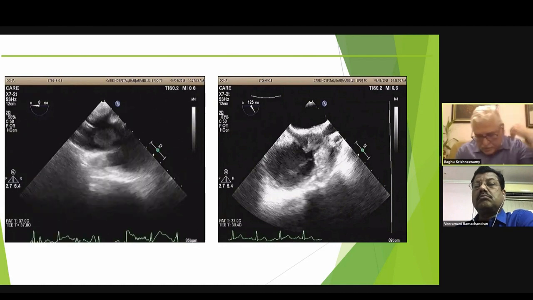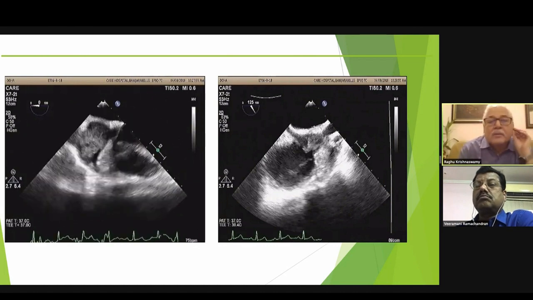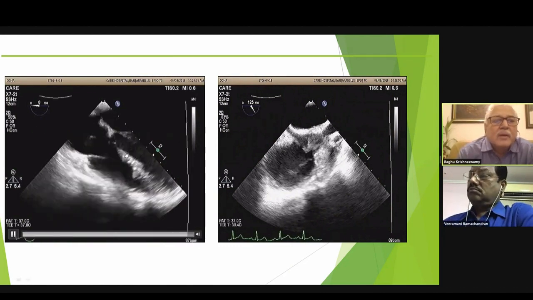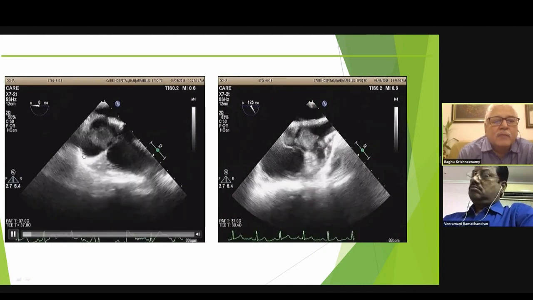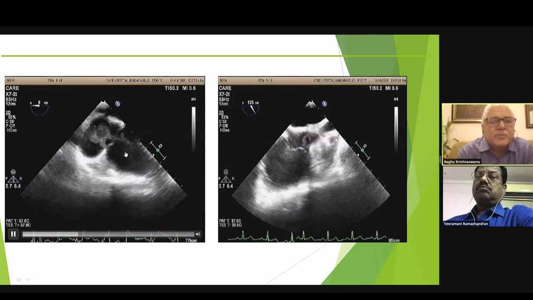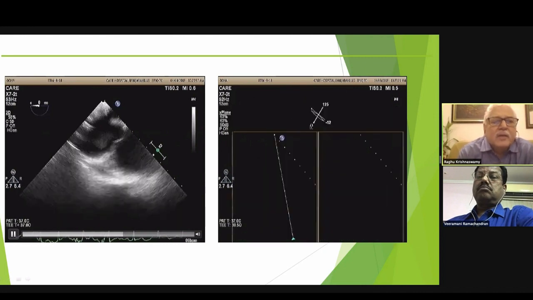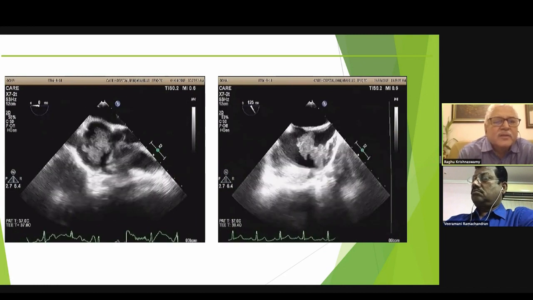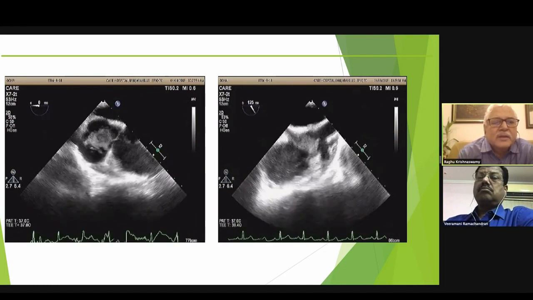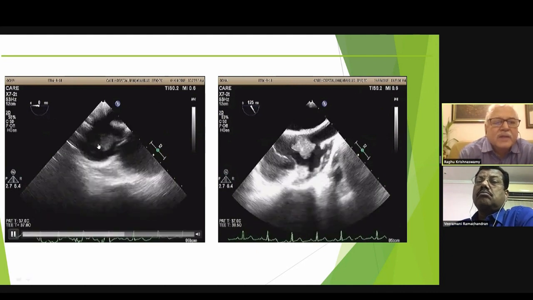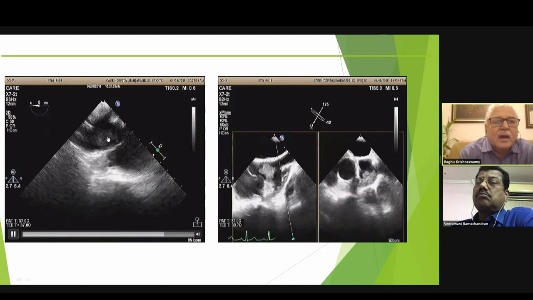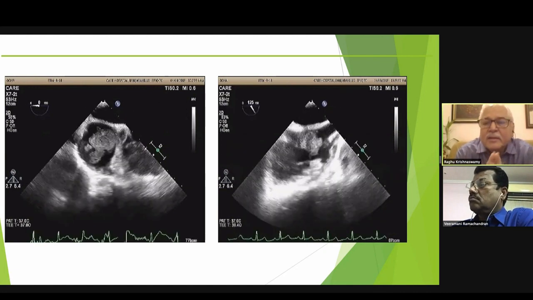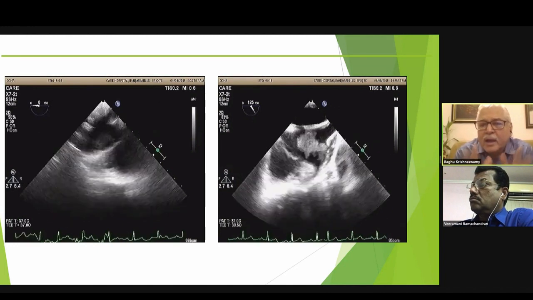Now, this was the transesophageal picture at the 0 degrees level. And you can see a large mass attached to the lateral wall and not collapsing out of the tricuspid valve. The important characteristic which I would like you to note, which is one of the things that echo helps in diagnosis, is that you notice here a central area of lucency. Now, this is what is called the central clearing. That is often very diagnostic of thrombi within the heart chamber.